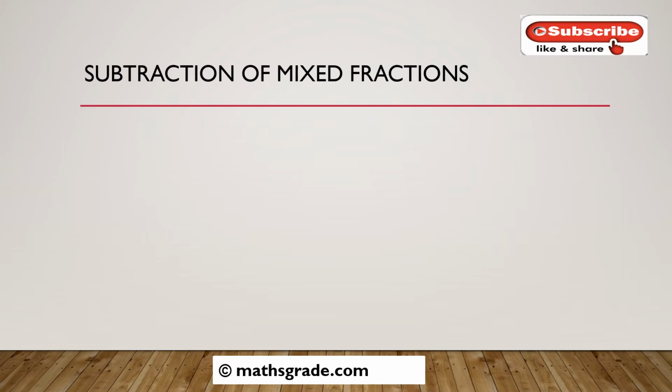That is, first we have to convert the mixed fraction into an improper fraction. To convert the mixed fraction, multiply the denominator with the whole number, then add the result to the numerator, then divide by the denominator. If you have not watched the videos on how to convert a mixed fraction into an improper fraction, please watch them. In the previous class, we discussed how to convert a mixed fraction into an improper fraction and an improper fraction into a mixed fraction.